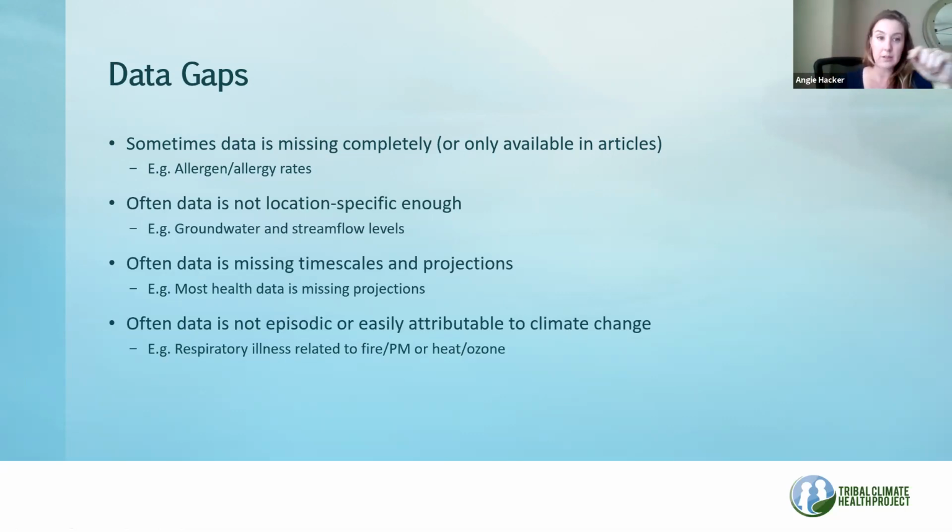You want to be able to say, oh, here's a website, here's my parameters, pop it out in a nice table, pre-calculated. Hopefully there's a map or a chart. We often found that data is not location specific enough. Shasta touched on that, with things like groundwater and stream flow levels. I hear that there's actually a state of California effort on this front right now to do a better job compiling and aggregating water data. That probably sounds controversial or potentially scary to some tribes, but